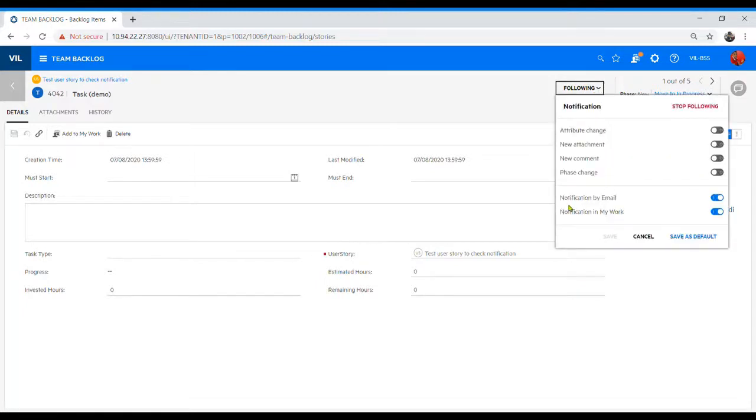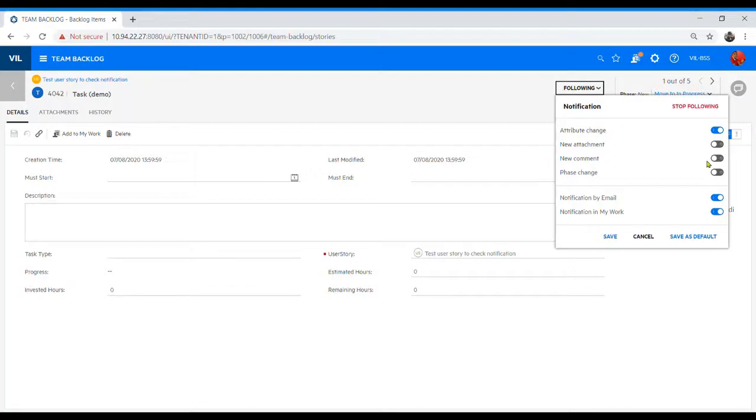Now what are you following these things for? Basically by default you will get an email notification if anybody makes changes. You will get a notification in my work area as well. I have already shown you. And these are the parameters which are not set yet. These are disabled. So basically, if somebody is changing an attribute and you want a notification, then enable this one. The moment you enable that, if any attribute of this form is changed by anybody, then you will get a notification.